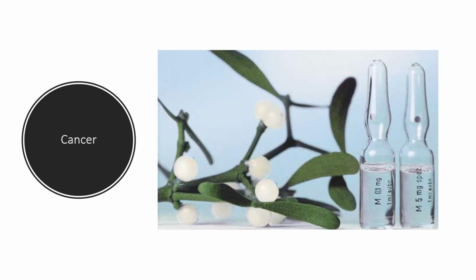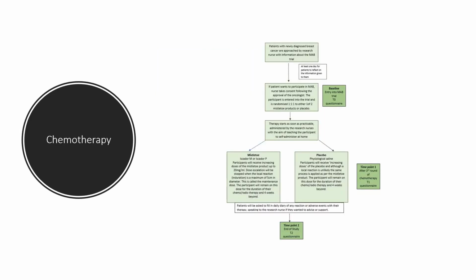There's some research to suggest that administering European mistletoe extract might offer help in the treatment of breast cancer, advanced pancreatic cancer, colon cancer, bladder cancer, stomach cancer, liver cancer, leukemia, lung cancer, ovarian cancer, and uterine cancer. Another potential use is reducing the side effects of cancer treatments, including chemotherapy and radiation therapy, and improving quality of